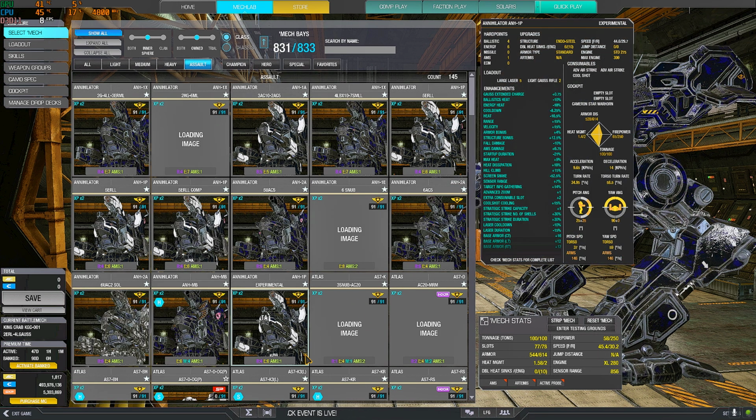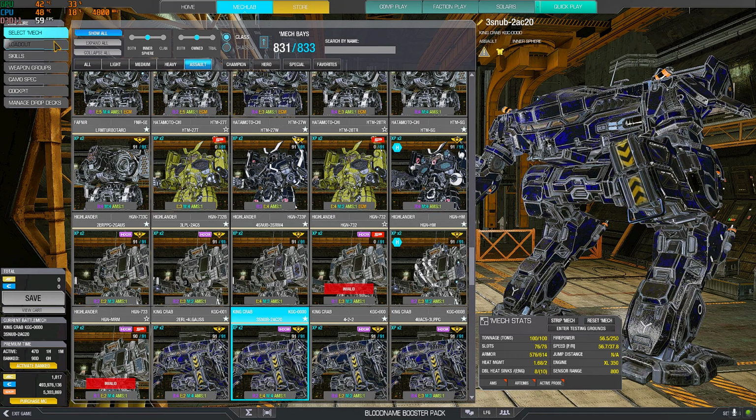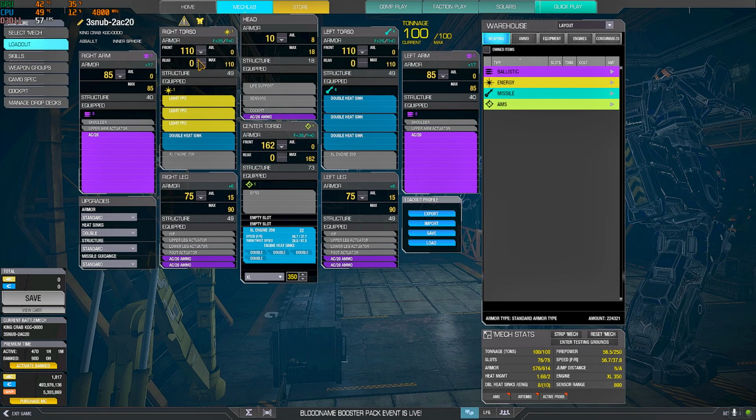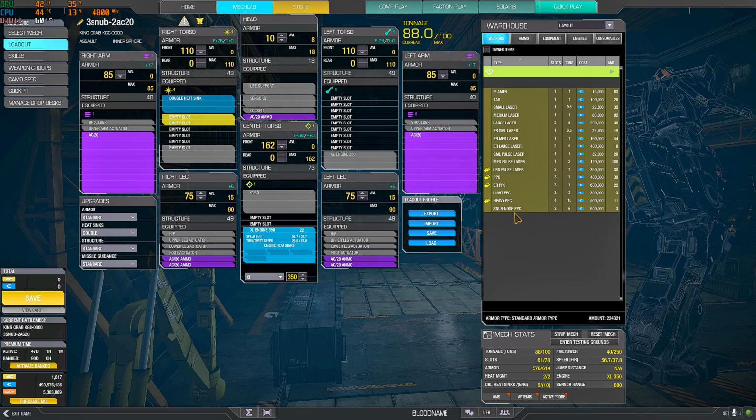Another interesting one is the quadruple zero. I decided to put 3 light PPCs and 2 AC20s to have some extra amount of double heat sinks, extra engine. Of course, if you decide to go the other way around, you could put triple snub